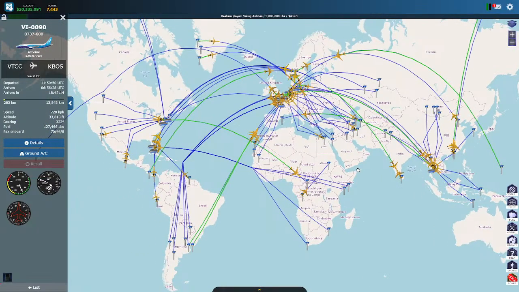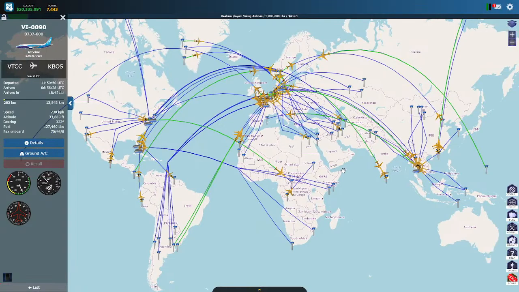All the planes, I actually sold a whole bunch of planes. I had a bunch of small planes that did small routes, and I just sold them. I lost a lot of money on them, but you know, I'm making money now because I found out that these small planes didn't make any money. Even with marketing, they didn't make much money. So the B 737 800 is a good plane because according to my calculations, it makes money with or without marketing.